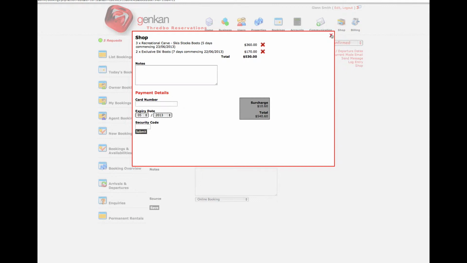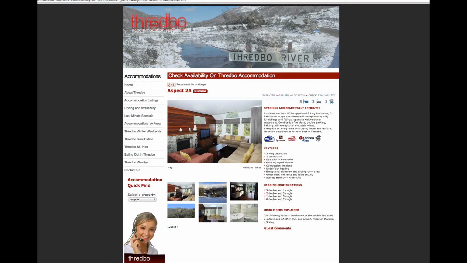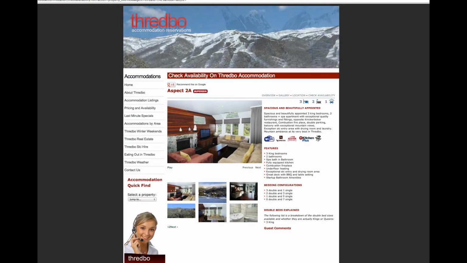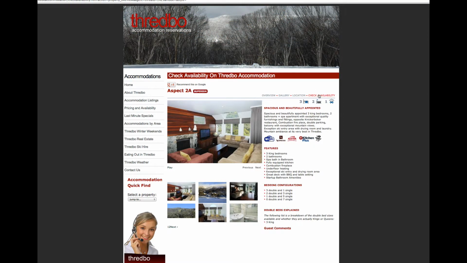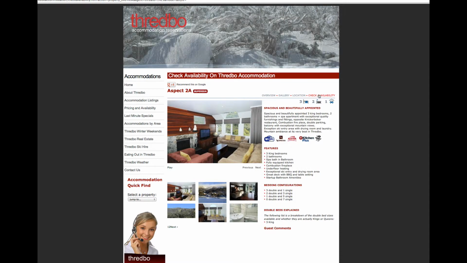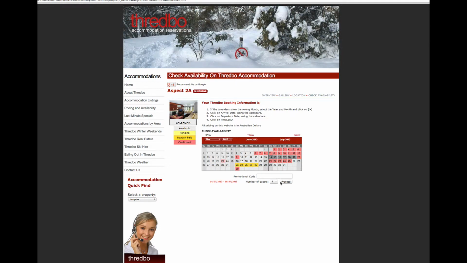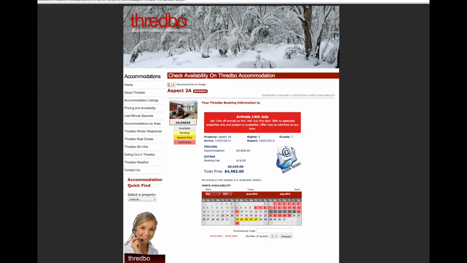So what else can we do with a ski shop? Of course, I didn't put that booking through. We can now also have our clients book and hire ski equipment or visit the shop, and I emphasize we're using skiing as an example here, but it could be anything. So we can check availability for a particular property, 14 to 19 of that particular property. We can proceed. We're going to do a booking now,